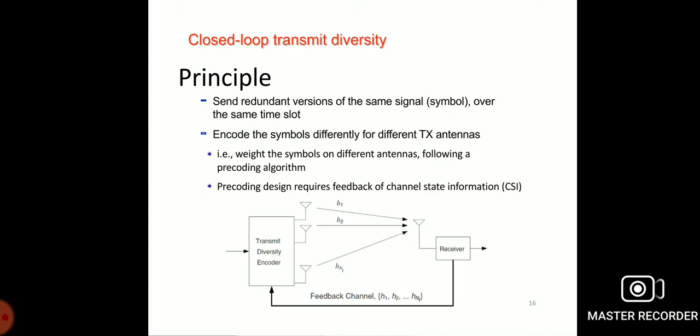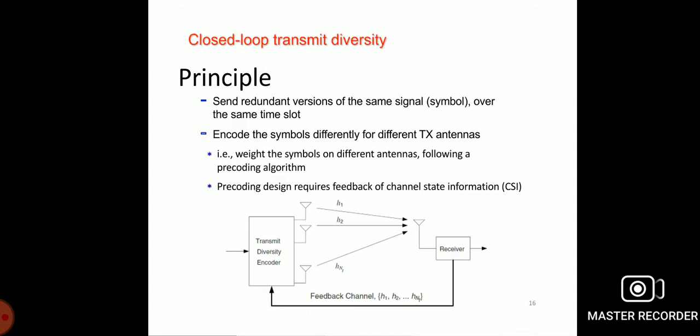So we can see the transmitting diversity encoder. The signal will be differently encoded for different time slots. Now we can look at the receiver side. The receiver feeds back the weighted or unweighted signal to the transmitter side. This is a feedback mechanism. A feedback channel is used with H1, H2 and also Hn. So this is a complete model of the transmitter diversity method.